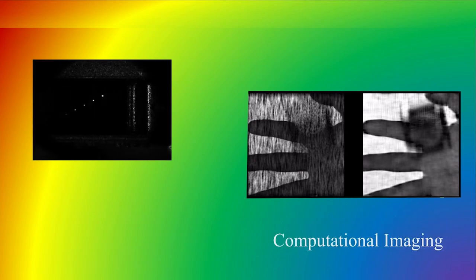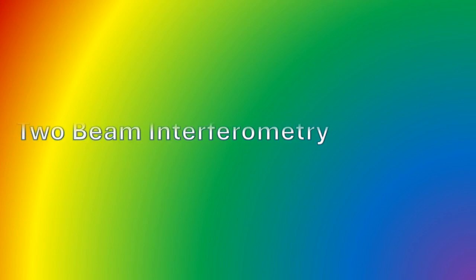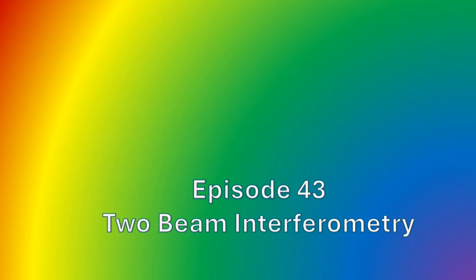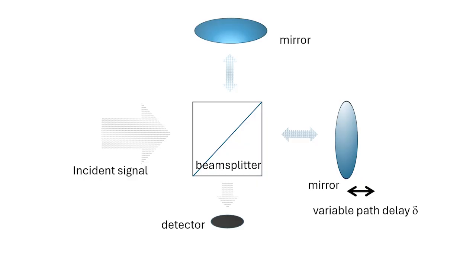Computational imaging. Episode 43, two-beam interferometry. Now, in the last episode, episode 42, we talked about how to propagate coherence functions from